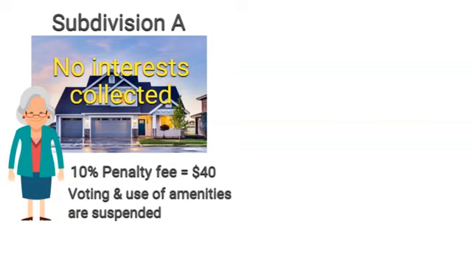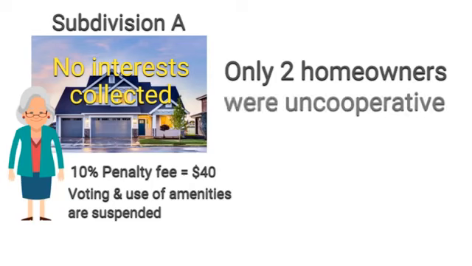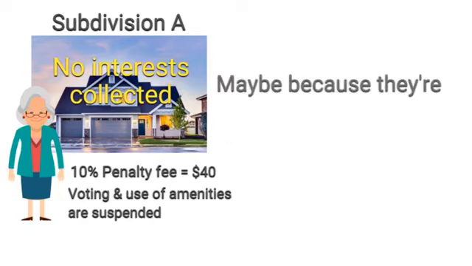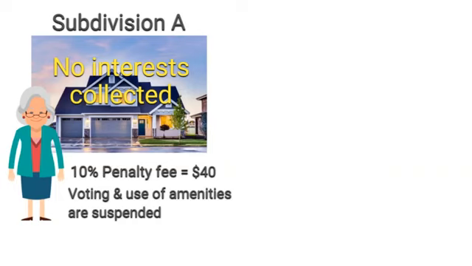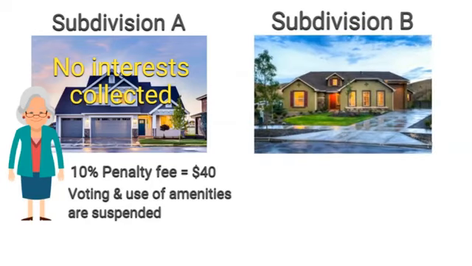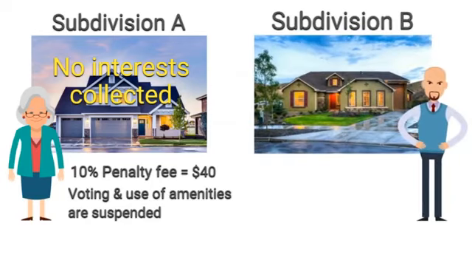According to the association's treasurer, this issue only happened twice since the association's formation some 26 years ago. He said that the homeowners in the subdivision have been very cooperative in paying their assessments. The association also accepts a homeowner's request to divide the dues into 4 or 6 months if the homeowner is having some financial issues. In Subdivision B, if a homeowner is delayed in paying the dues, the managing company turns